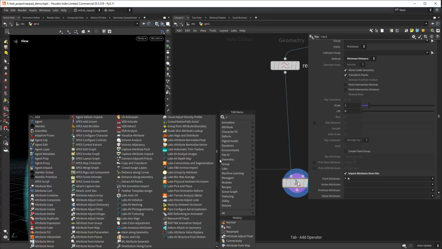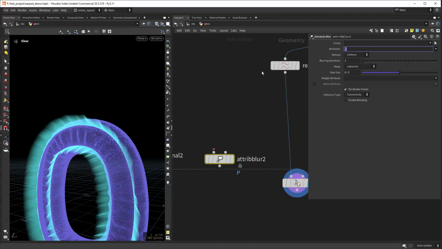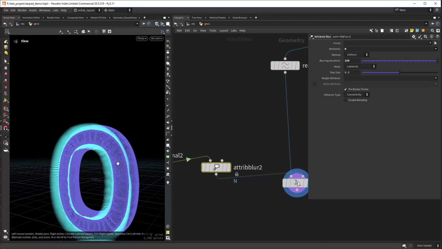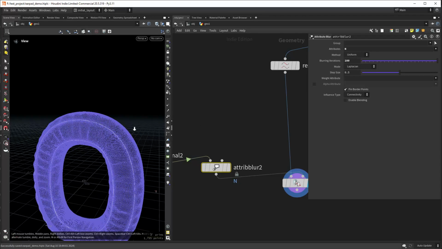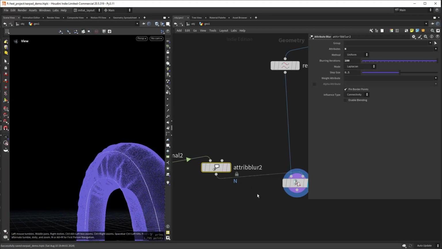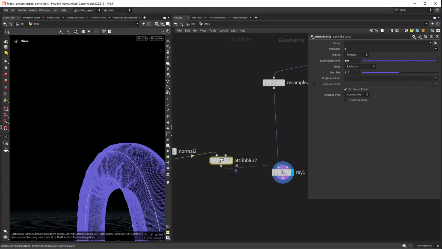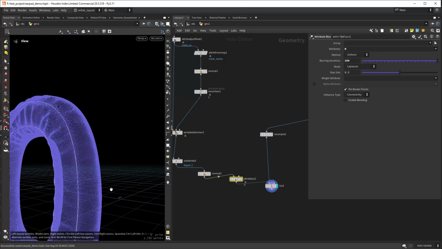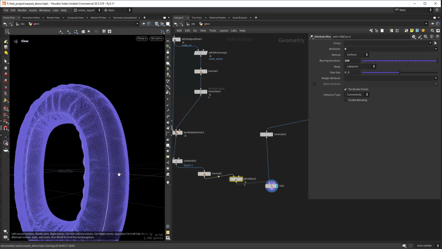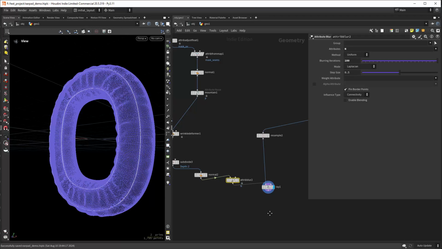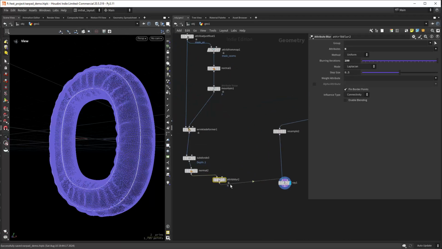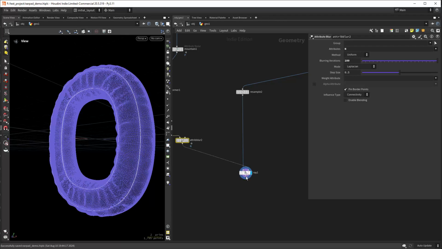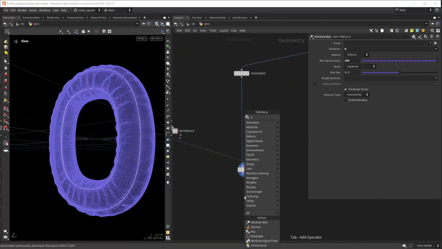Maybe let's attribute blur the N, and 100, and that is totally fine. So we can orient the stitches. So what else? Now, in order to create the stitches, we will have to use some VEX coding, but it will be really simple. So let's start by creating an attribute wrangle,